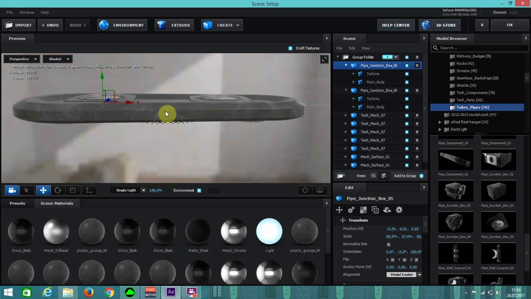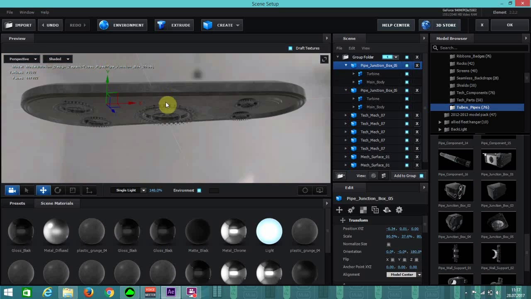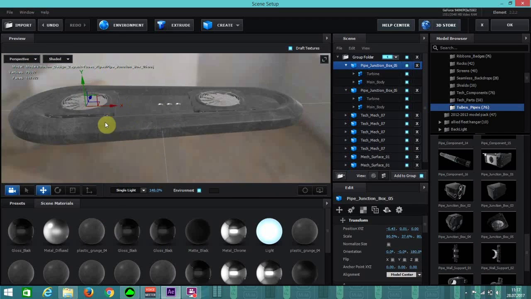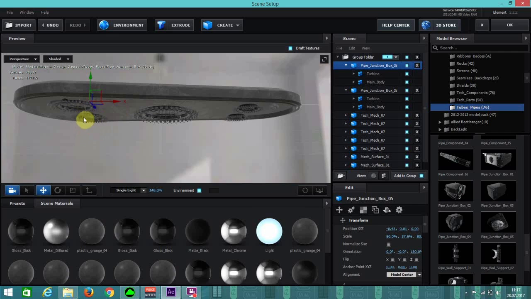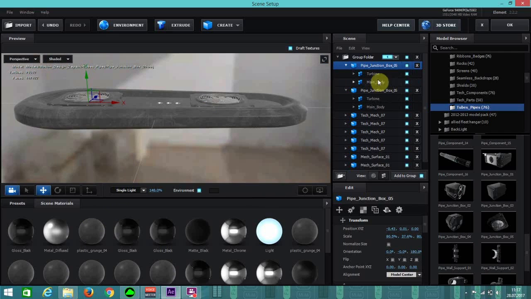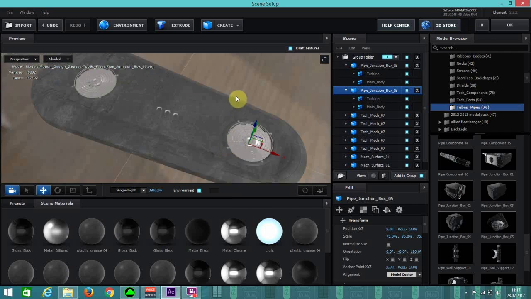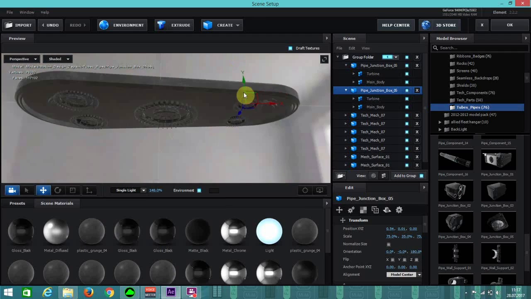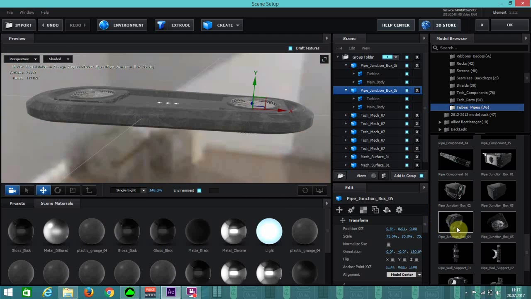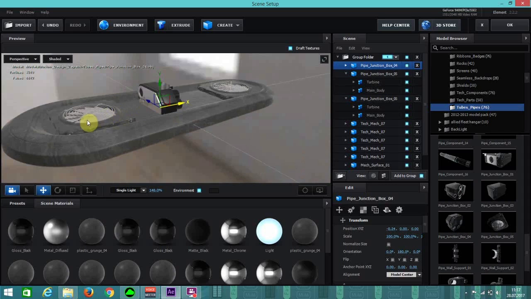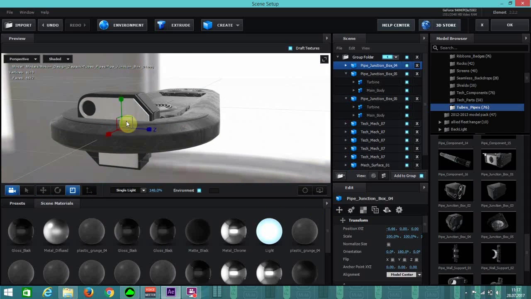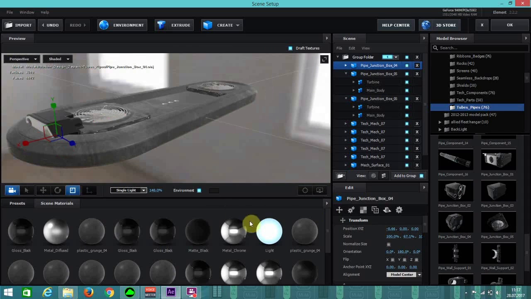Now what you want to do is, let's see, I want to move it even more back, all the way back, so it goes with those guys, and the other one either there or here. So let's say at the front for now. Yep, and next we want to add pipe junction box 4, and bring it all the way back here, flatten it by moving down the y-axis and maybe scale it even down a little bit. Back there,